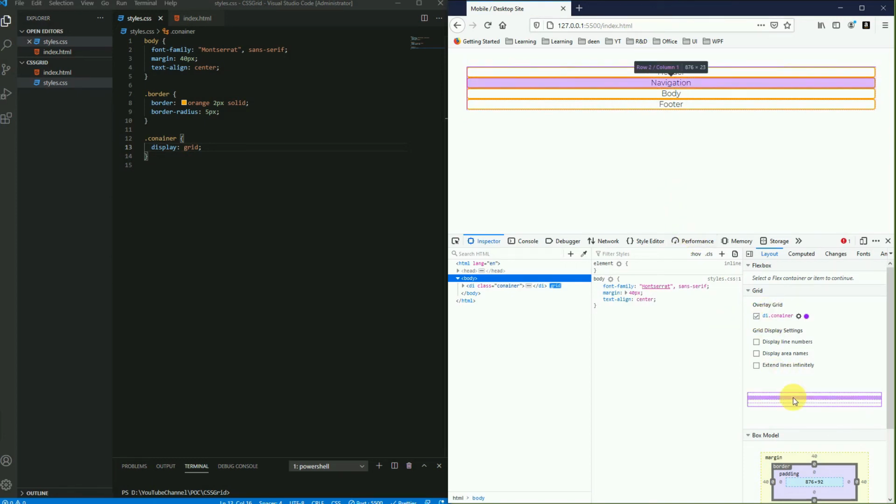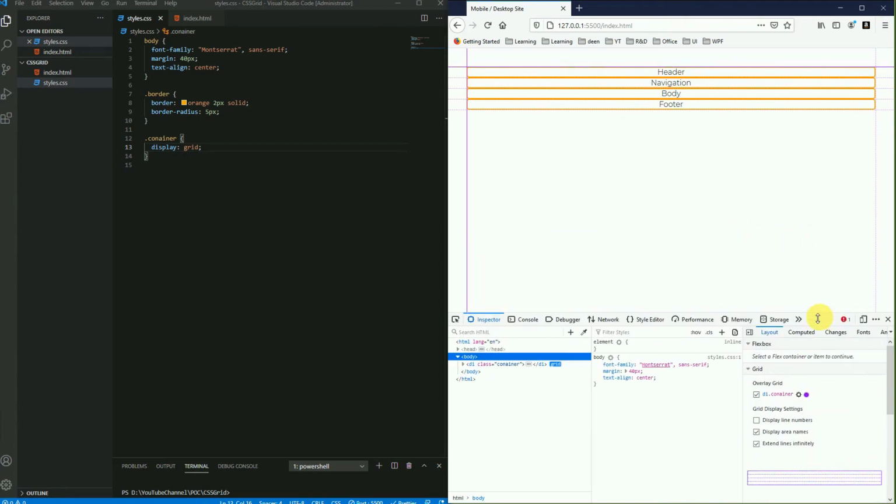It is one of the best things in Firefox, that it will show you the grid structure based on your grid container. I have put it as a grid, so it is showing me different options.